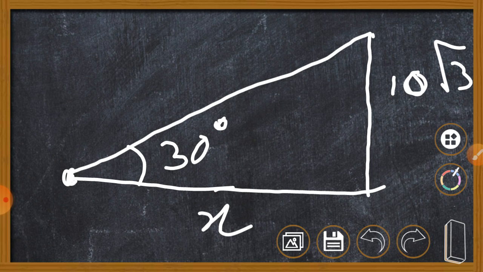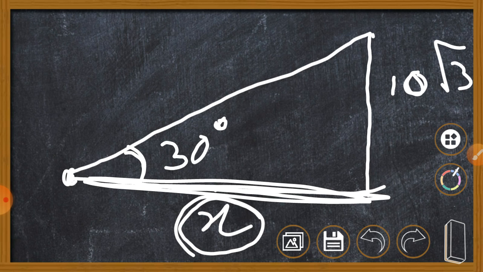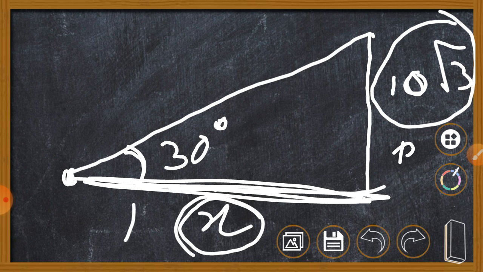So these are the three things. They'll tell you that Tanay is standing and looking at a pole, which makes an angle of 30 degrees with his head, and the height of the pole is 10 root 3. Calculate how far Tanay is standing from the pole. How will you calculate that? You need to find out the base, and the information you have is the perpendicular. So p you have, b you need to find out.